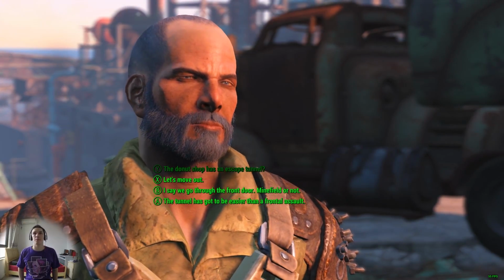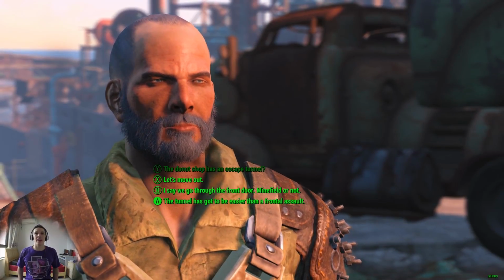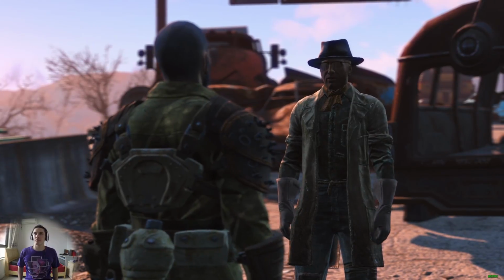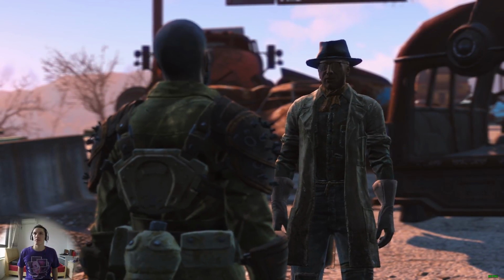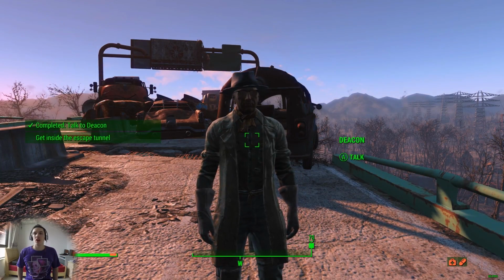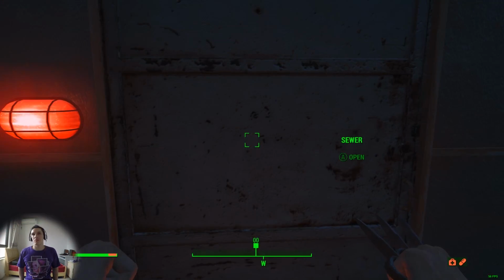Alright, let's get moving. What I don't quite get is that the tunnel is definitely easier than a frontal assault. Easier, but no cakewalk. You lead us there, pal. I got you covered. So the guy wouldn't talk to me without Deacon being there, but then...